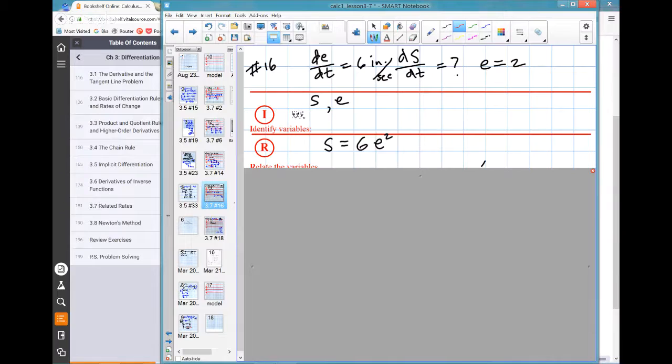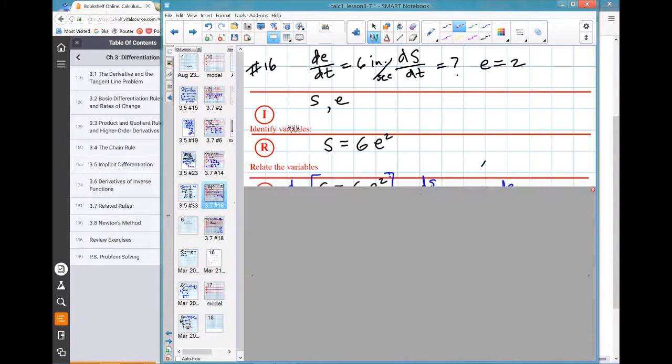So here's my surface area formula for a cube. Now, here's a case where we just had to kind of come up with this. It didn't take too long to figure it out. I mean, probably nobody has that memorized. Maybe you do. But anyway, so now it's time to